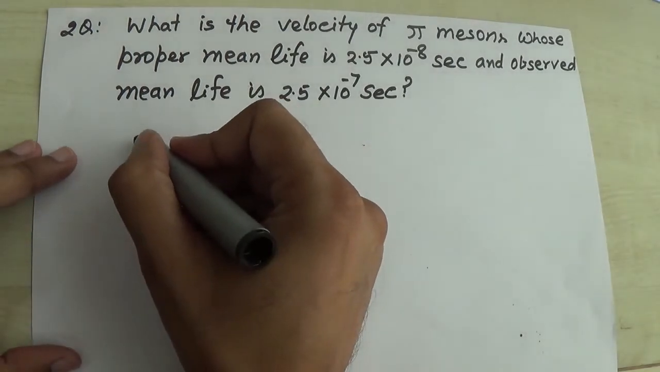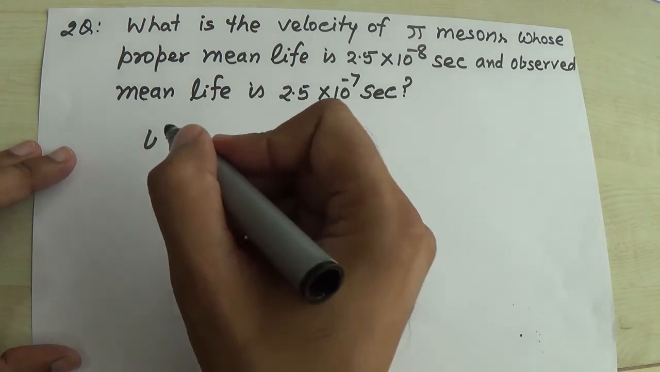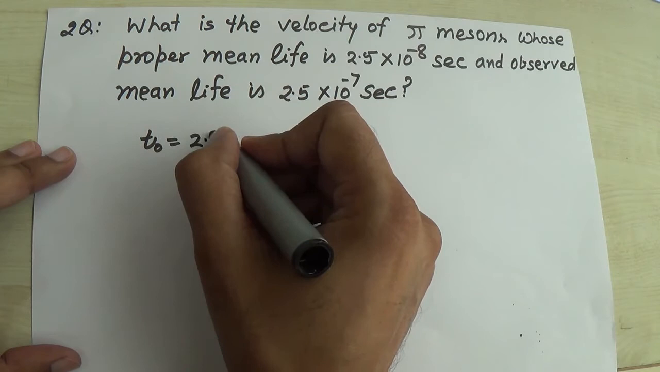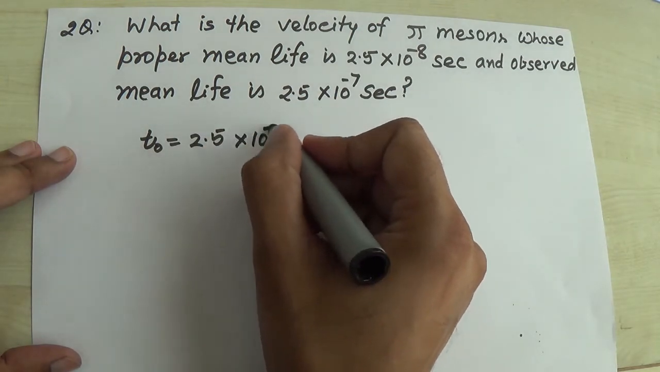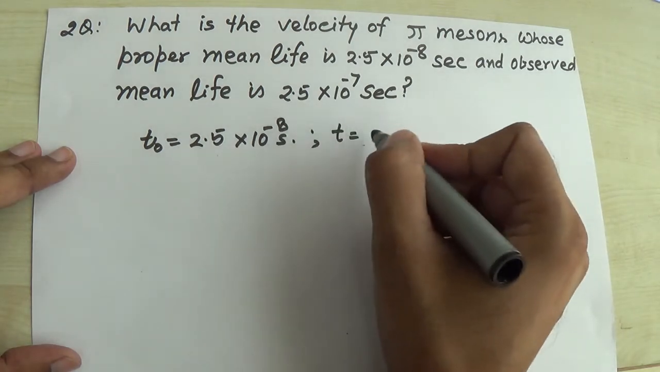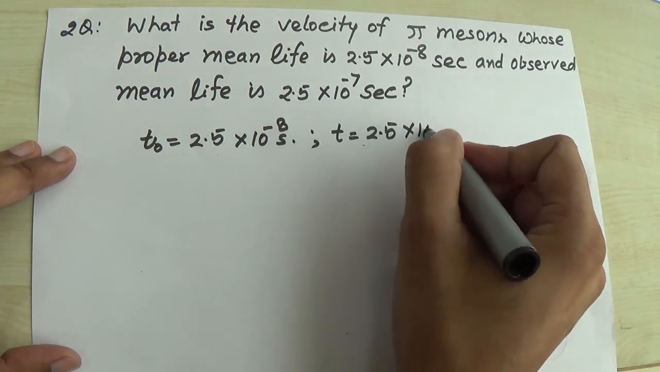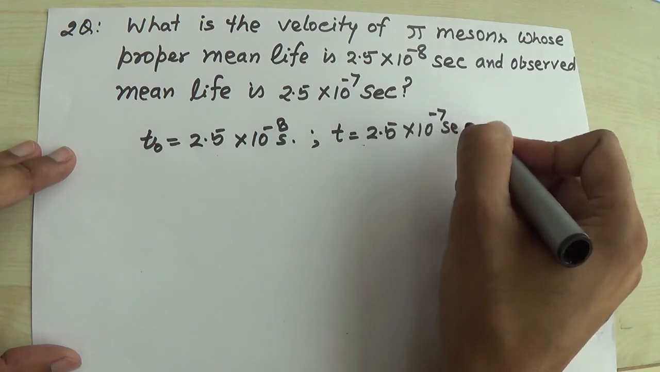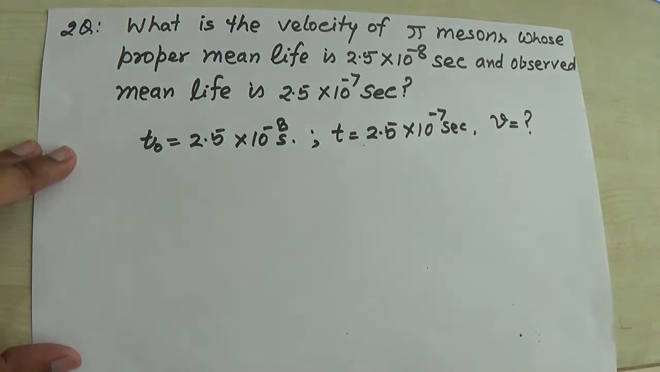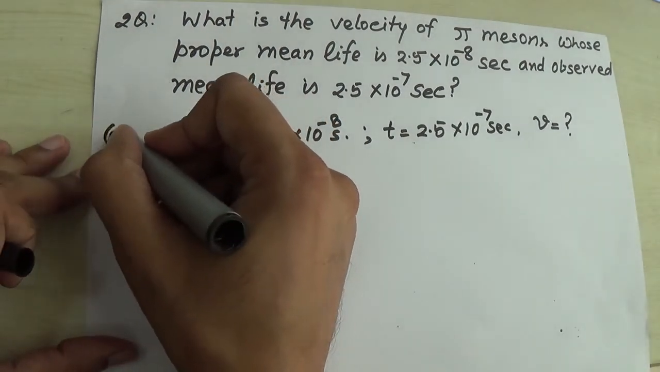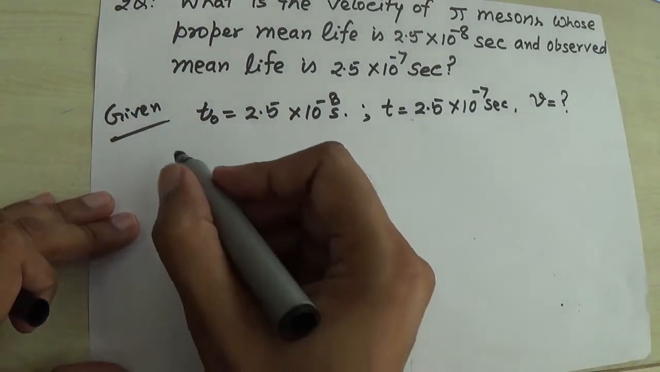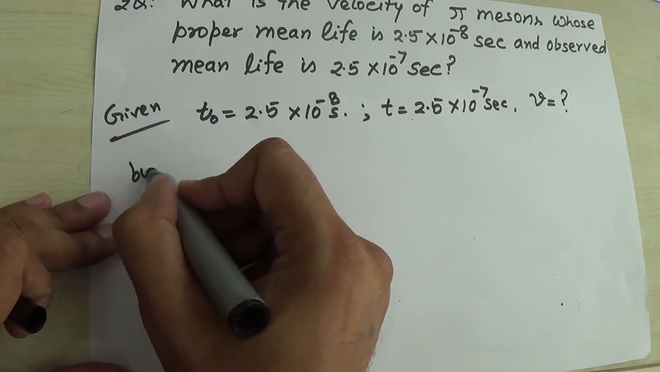So here I can write that t naught is equal to 2.5 into 10 raised power minus 8 second, and t is what, 2.5 into 10 raised power minus 7 second. What I have to find out? I have to find out v, the relative speed. So all these things are given. So now again by using the formula,